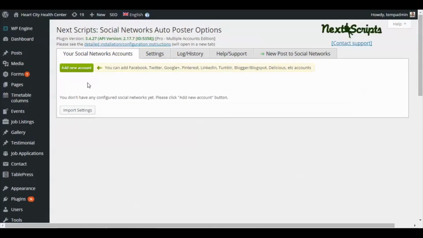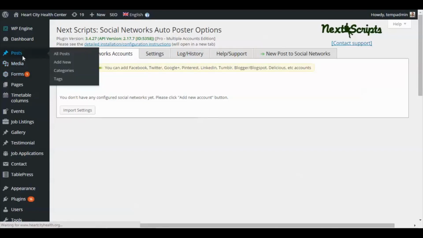Once you have accounts set up, there are little check boxes on the side. So let's say you don't want to post out to your social media, you want to do a couple of posts just on your website. You can uncheck those boxes, and that'll make sure that nothing's posted out to them at the time. But also within posts, when you do a new post,